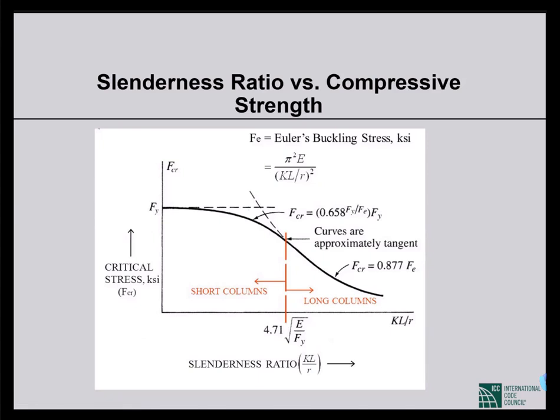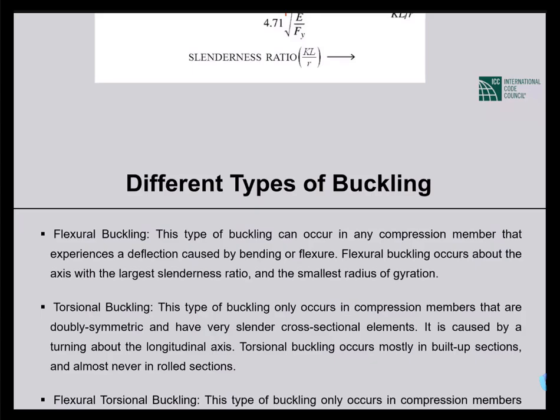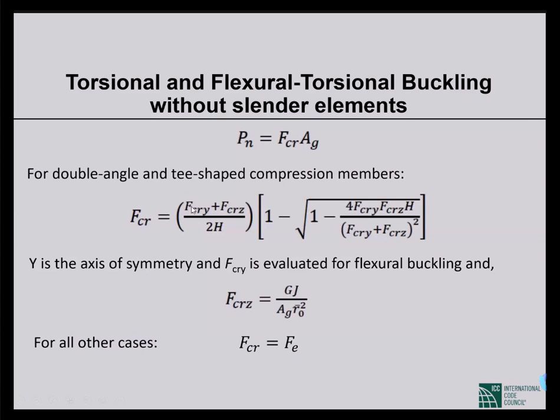But here we have two. One is FCRY, that is Y is always the weak axis. X is always the strong axis, by definition. X is the strong axis and Y is the weak axis, and Z is the longitudinal axis. So there will be some issues of capacity about moment along the z-axis. So FCRZ, this component comes from that.